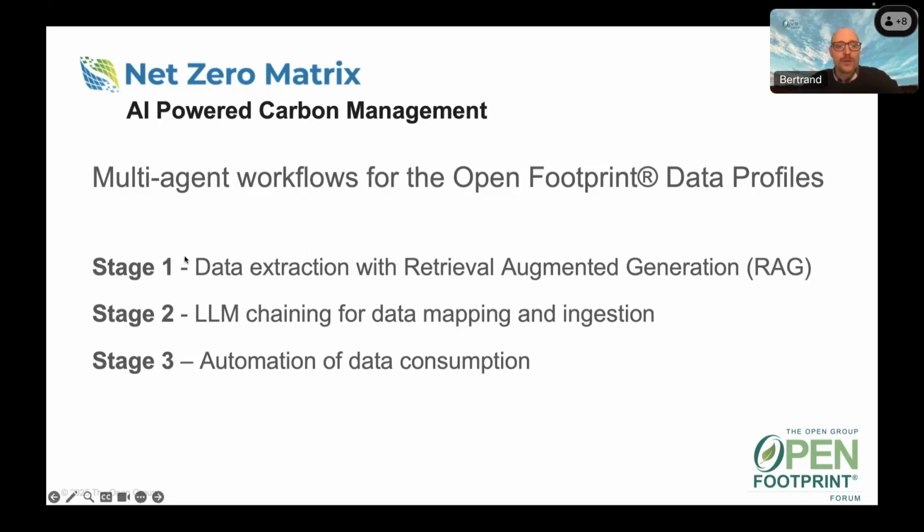Our focus right now with the NetZero Matrix is really on these first two stages. This is not just having a chatbot assistant that can summarize the context of documents for you, but actually taking action on that. So it can identify information within a data set, with the support of RAG, but then actually assist the user in injecting that into their backend system. This is something we're actively working on, in order to ensure this AI-based approach is doing what you intend.